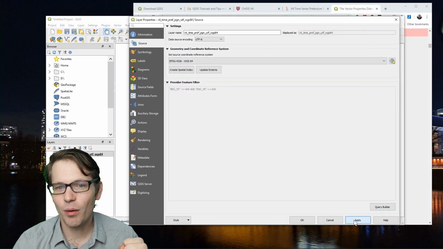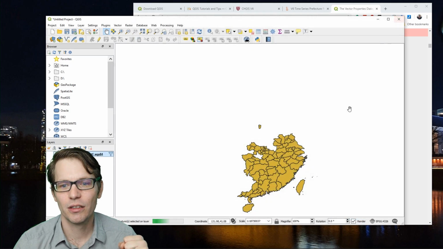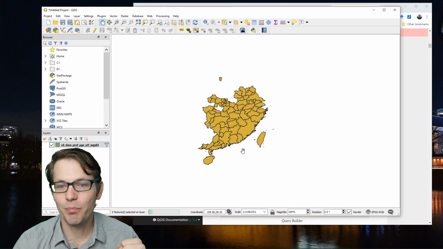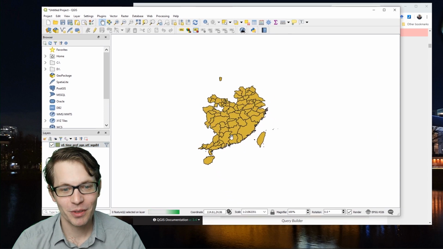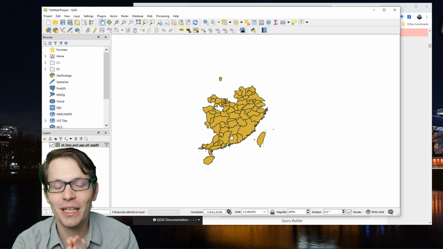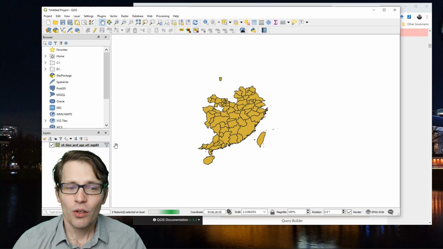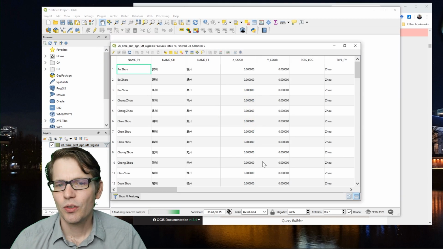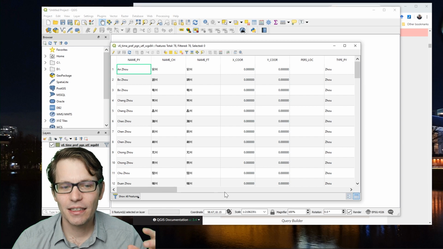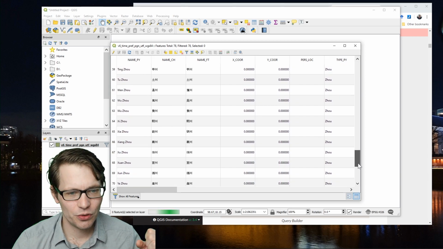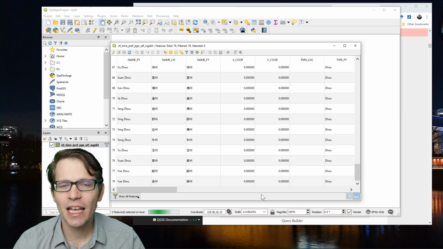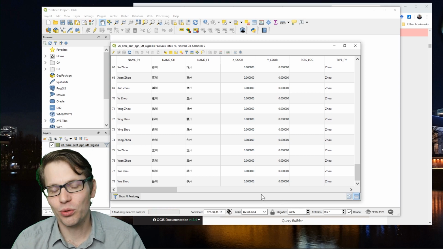And then if I hit Apply, and then I close out of this Properties box, now we can see that this is what the map's jurisdictions look like. So this is a slice in time in the year 600. So I can go ahead and look at this attributes table again. So taking a look at this, I can see that I have the 78 rows that existed during the year 600,